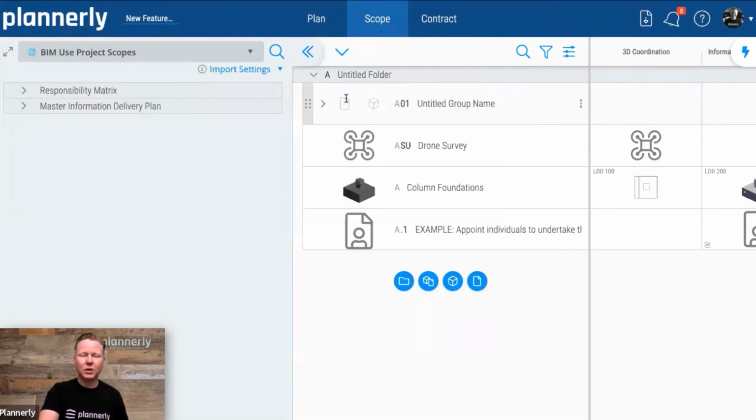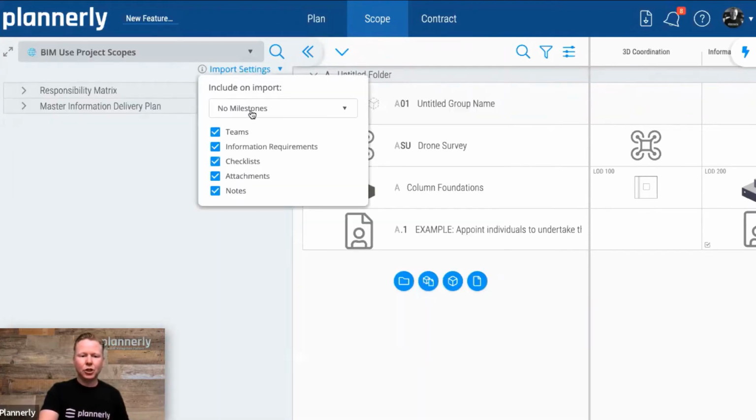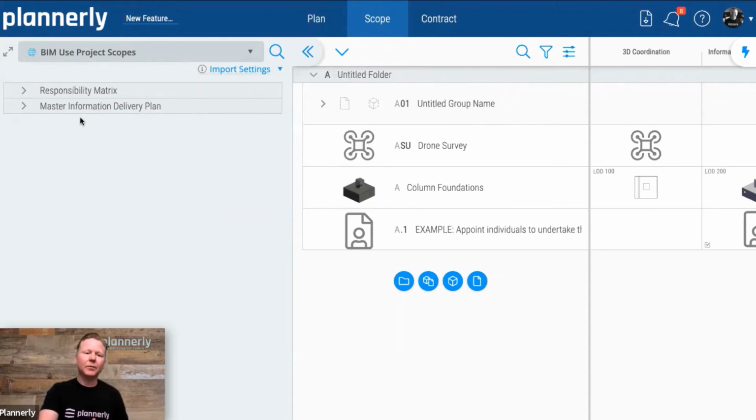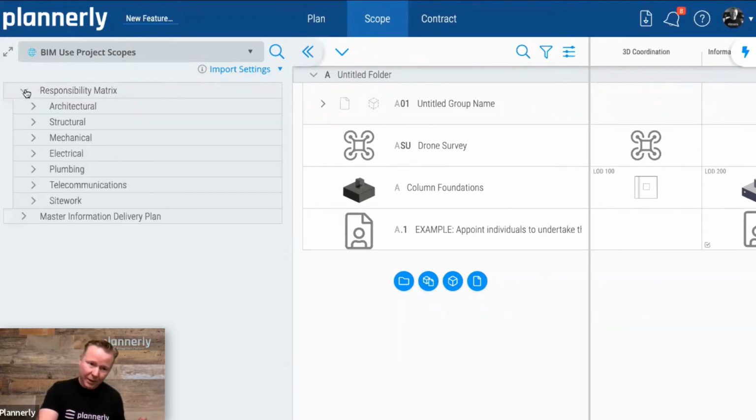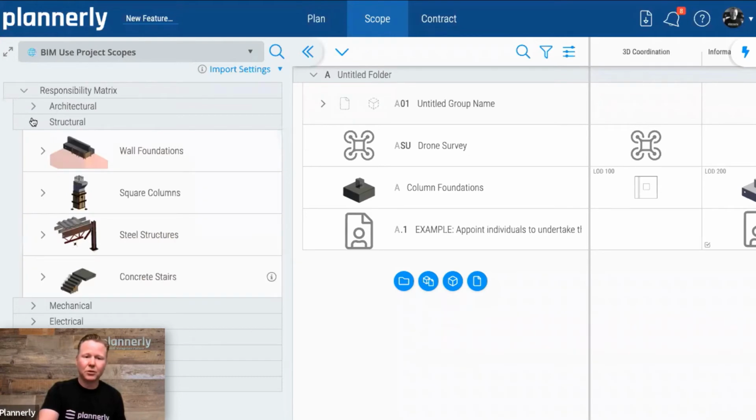So we've got BIM uses, and choosing the milestone, say I want to bring in my scope for 3D coordination inside of not the master information delivery plan, but the responsibility matrix for example, and then the structural content.